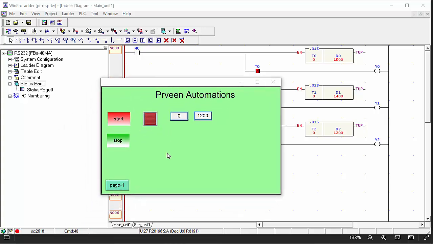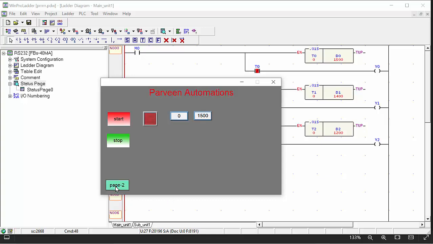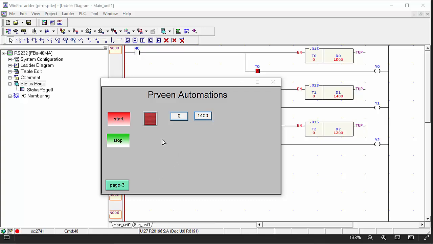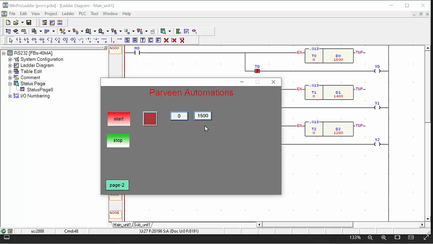And here is the interesting thing: with all these pages, when you execute and would like to go back, just click on the first page and you go to the first page. This is page first, but when you click again, you go to the next page. Here when you click, you go to the third page. You can extend as many pages as you like and make your program in the PLC. After that you can make similar pages with different colors and different data, whatever data you would like to read: counters, timers, analog. Inshallah, in the next lecture